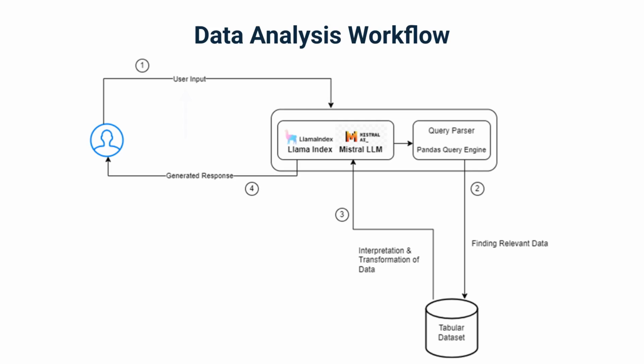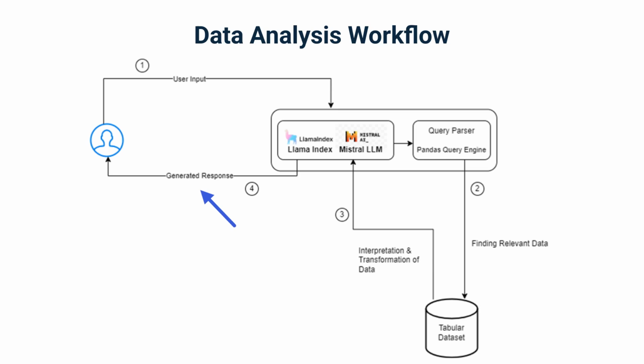This diagram illustrates how data analysis is automated. It starts with the user input, where a query is submitted in natural language or structured form. The system then uses LlamaIndex and Pandas QueryEngine to locate and extract relevant data from a tabular dataset. Once retrieved, the data is interpreted and transformed, leveraging Pandas for manipulation and Mistral LLM for natural language understanding. Finally, the system delivers a generated response in the form of visualizations, text summaries, or computed results, enabling fast, accurate,